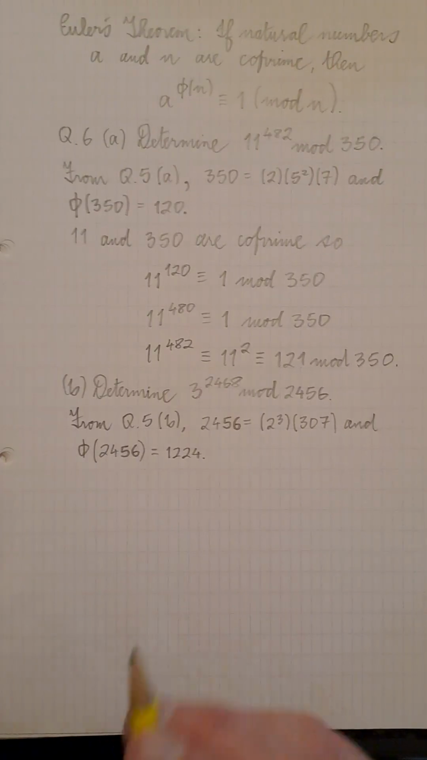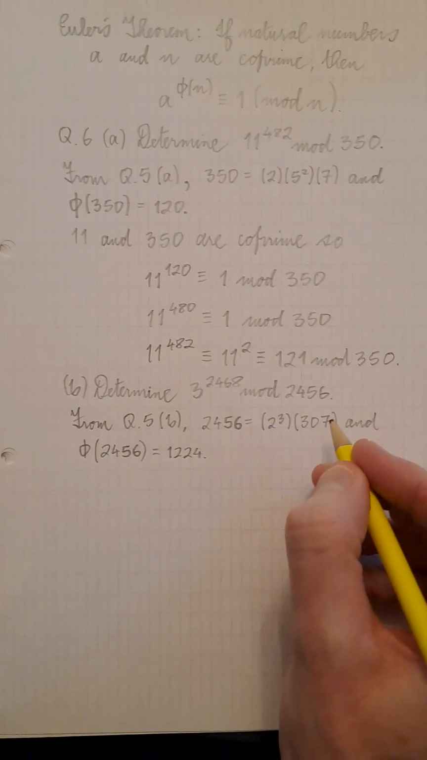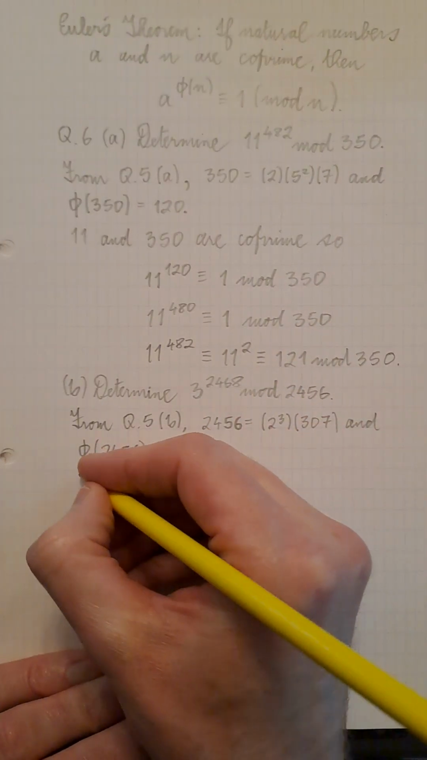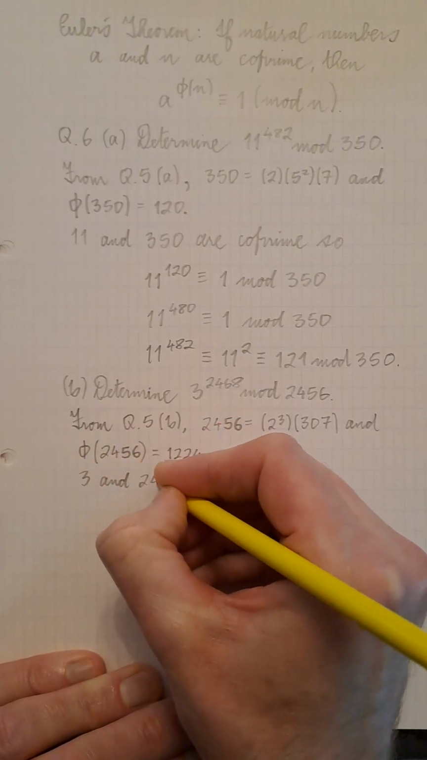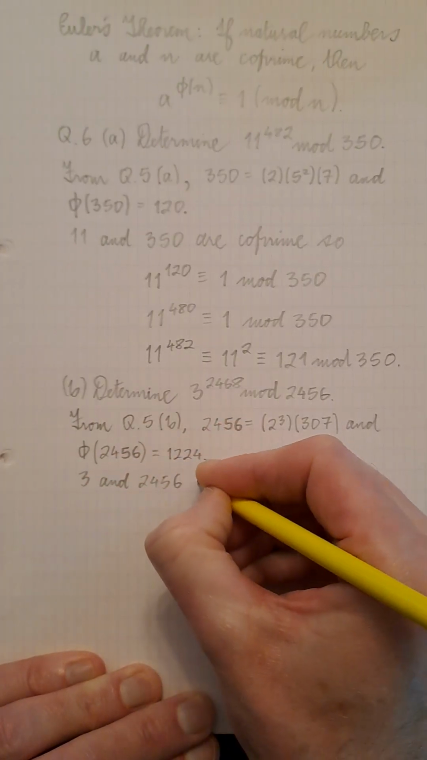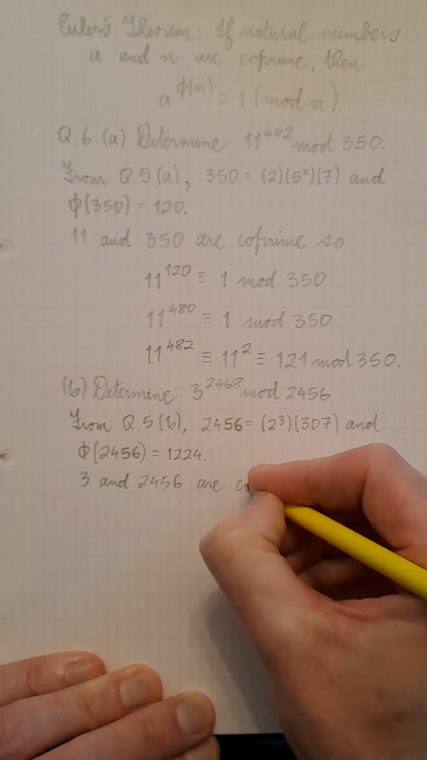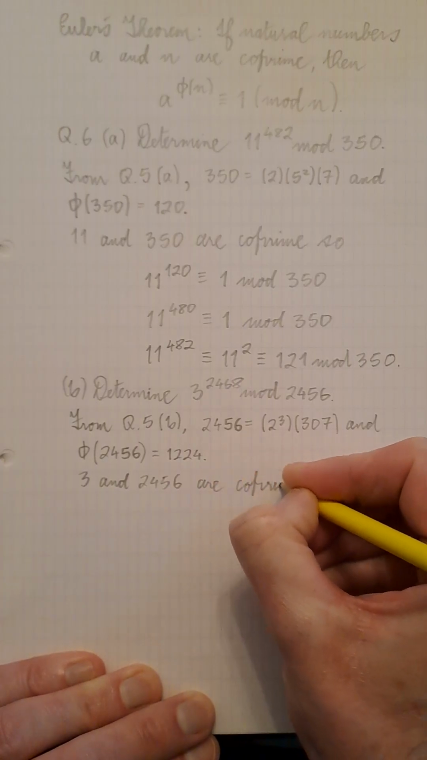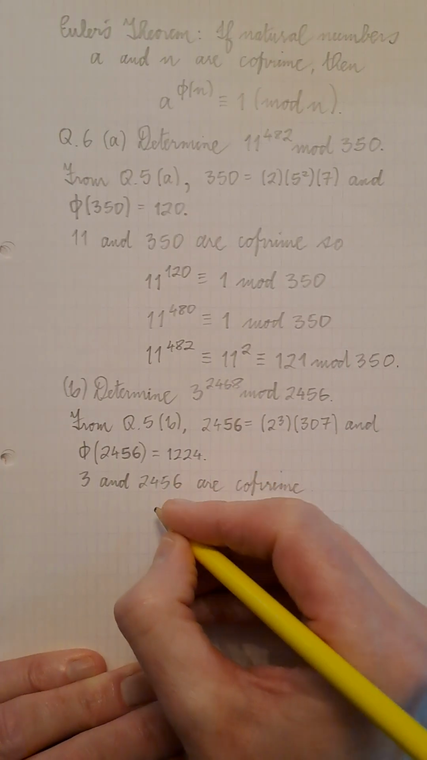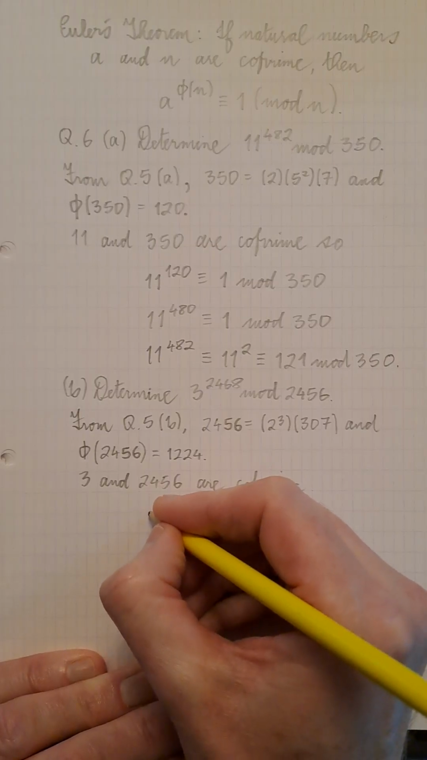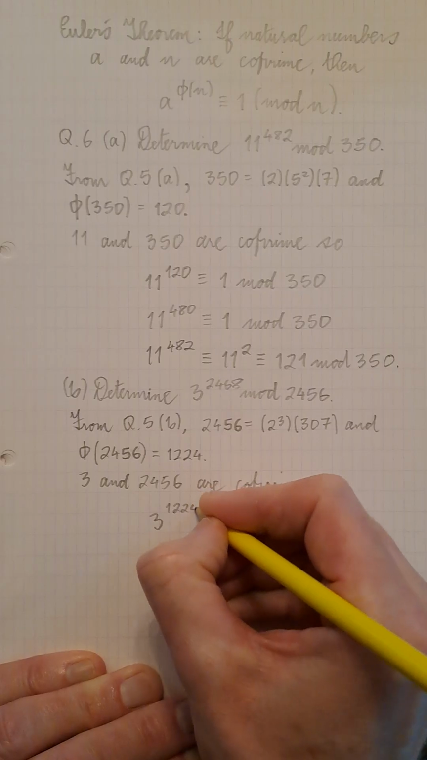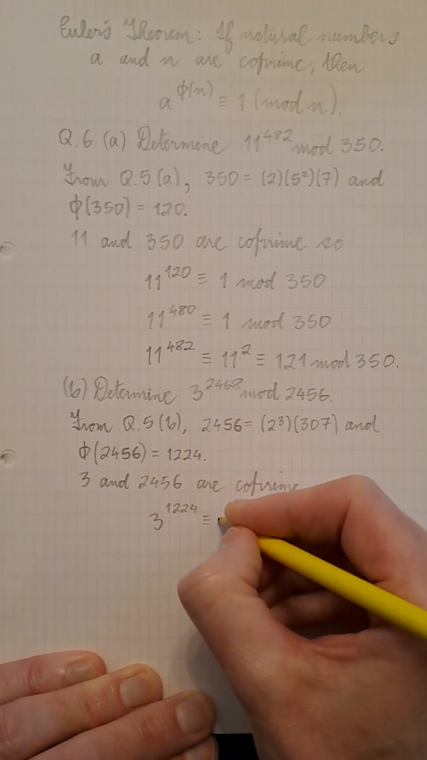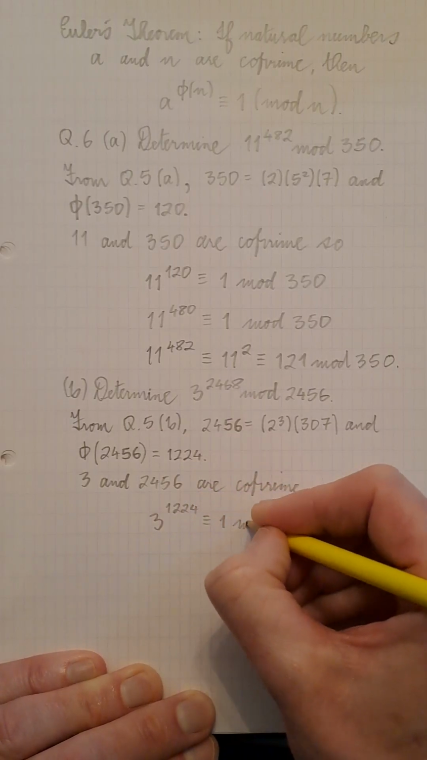1224. 3 is not included in the prime factorization, so 3 and 2456 are coprime. That means, by Euler's theorem, that 3 to the power of 1224 is congruent to 1 mod